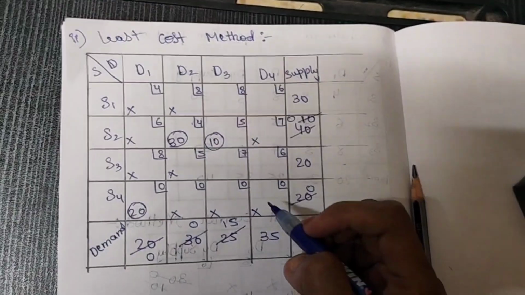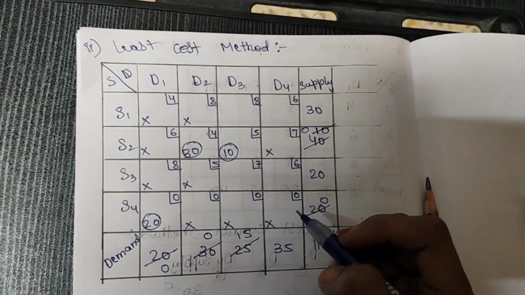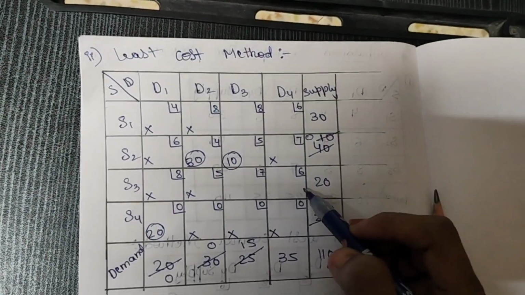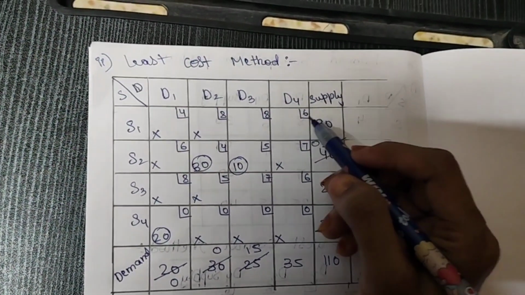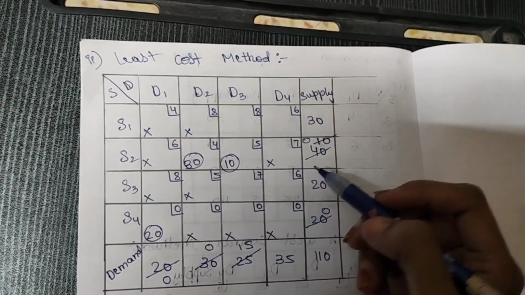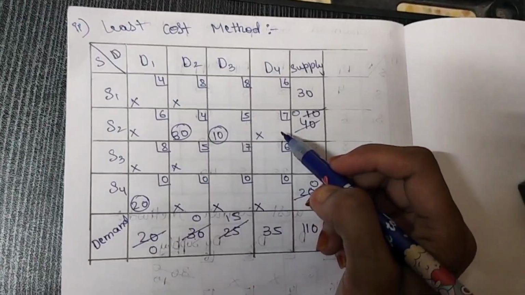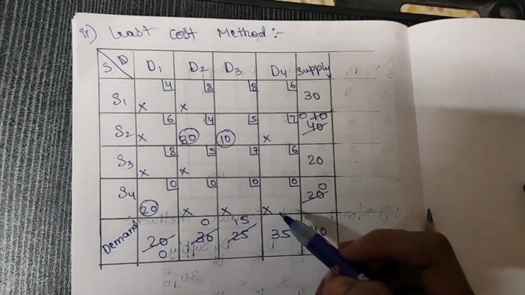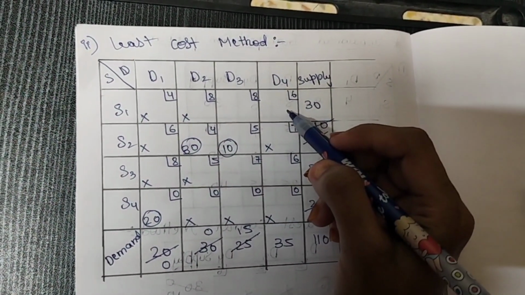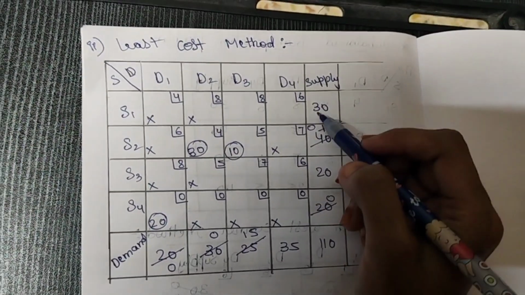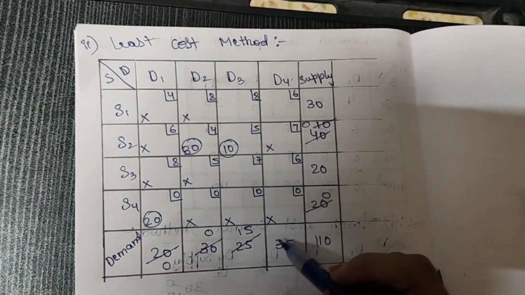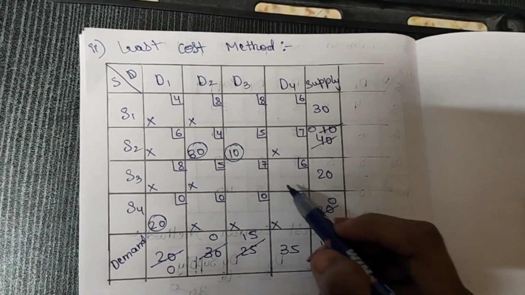Afterwards we have to check again the least cost in this table. After crossing out all this, we have 6. So we have a tie for 6. We have 6 in S1 D4 and S3 D4. What we will do in this case, when we have a tie, is check the cost. Under S1 D4 we can allocate 35, 30, so the minimum is 30. When we look at this cell, 35 and 20, we can allocate 20.